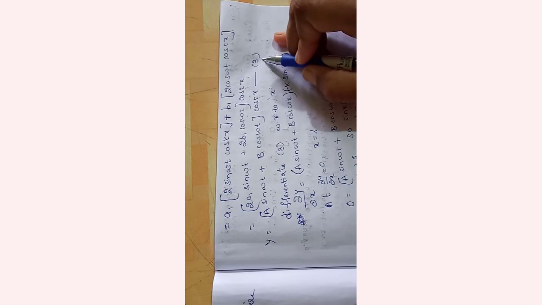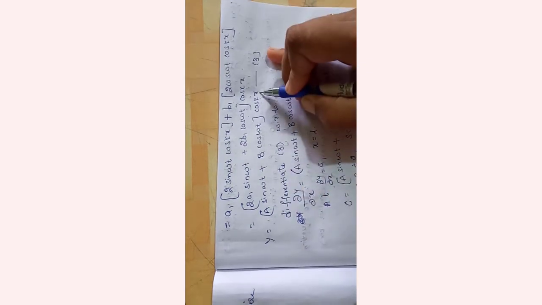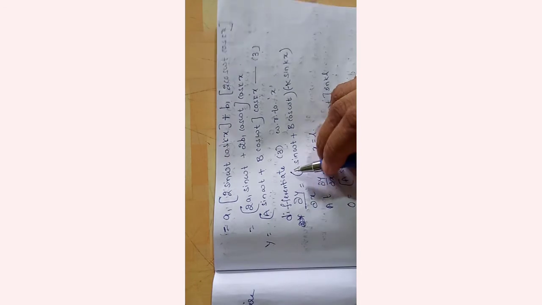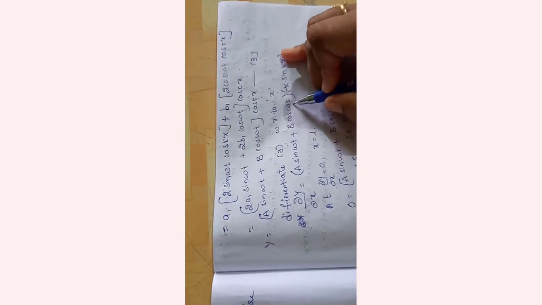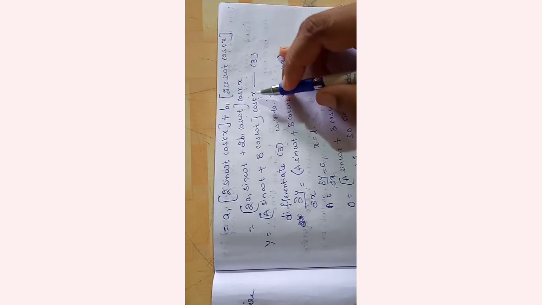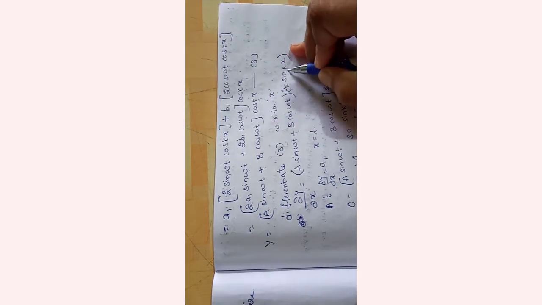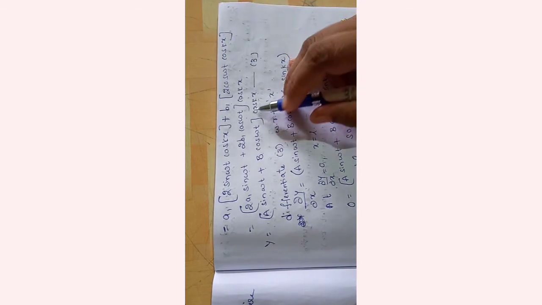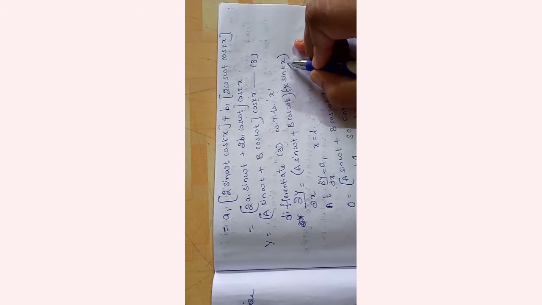Now let us differentiate this equation 3 with respect to x. So dou y by dou x is equal to, with respect to x we are saying, so this becomes a constant term and we will write the constant term as it is: (A sin omega t plus B cos omega t) times, now the differentiation of cos kx will be minus sin kx, and the differentiation of kx is k. So we will get the differentiation of cos kx as minus k sin kx, right?